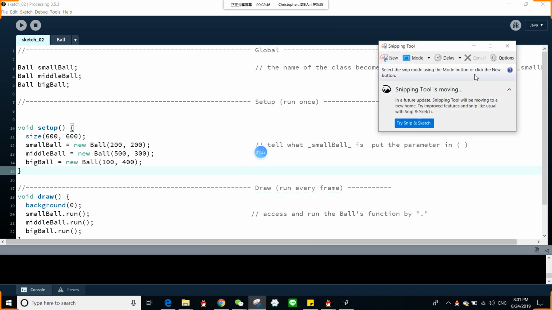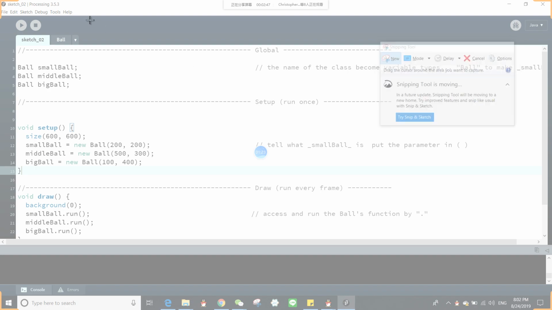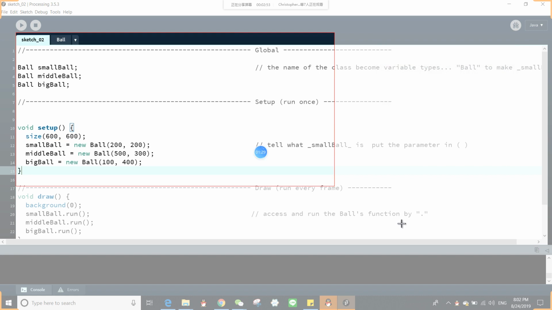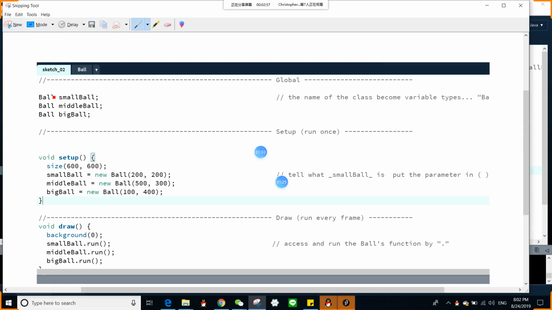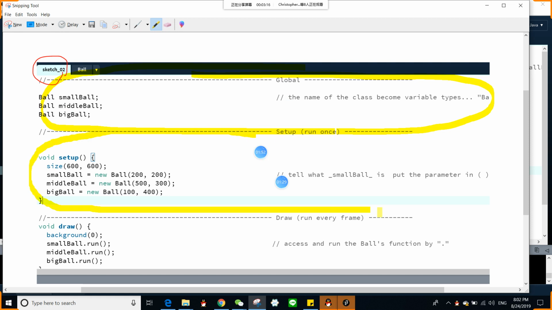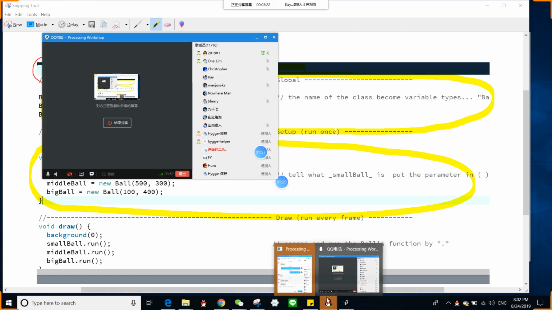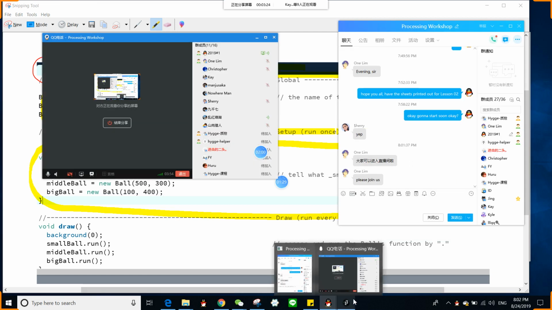So I'm gonna start to sketch something here. So this is the main page, right? Now in the global area, this is the first one, global area, and this is the setup. Okay, now wait, let me see, please join us. Okay,